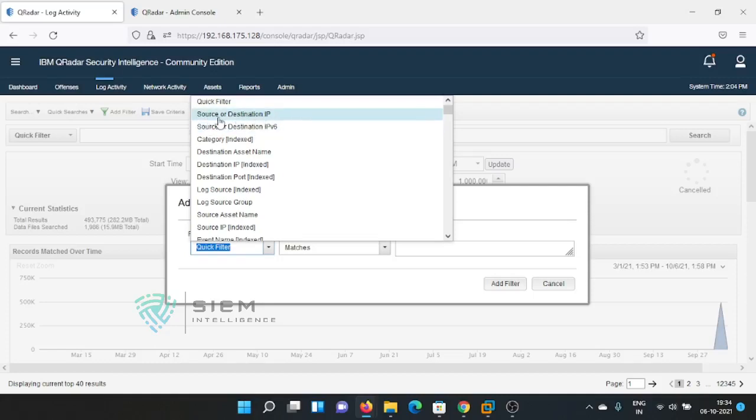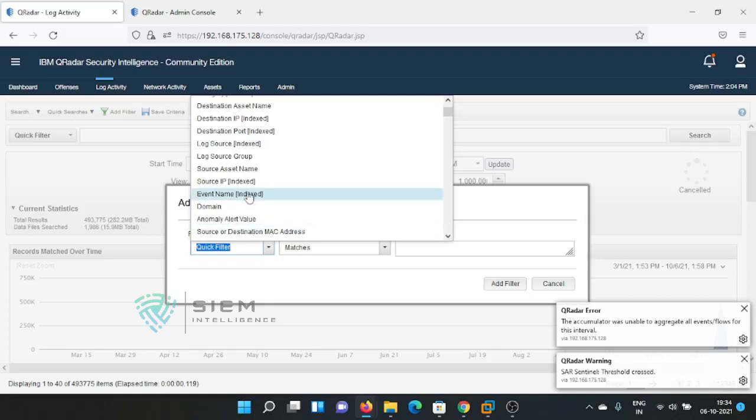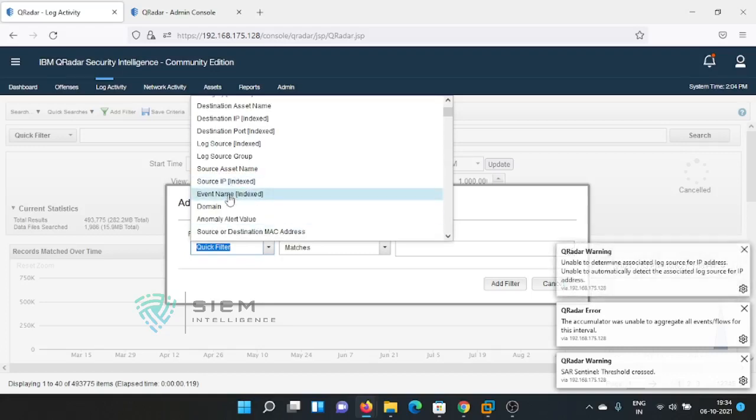Source or destination IP: either it may be source IP or destination IP. See, IP and category. Category, forget it, I will explain later. Is there any asset name, like destination asset name, destination IP, destination port, log source group. We will talk about log source and log source group again with search. Source IP, event name: if you know the event name, you can give it.